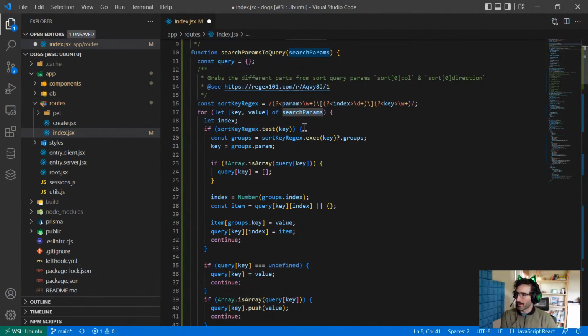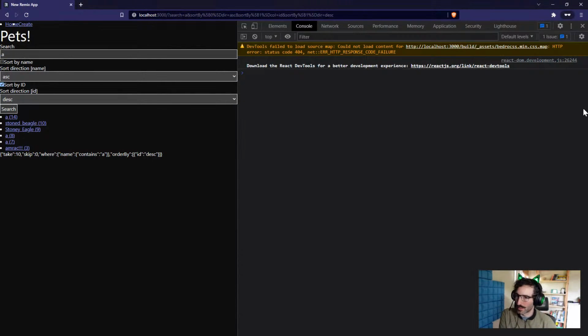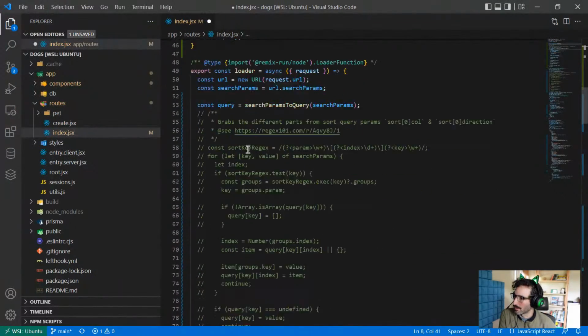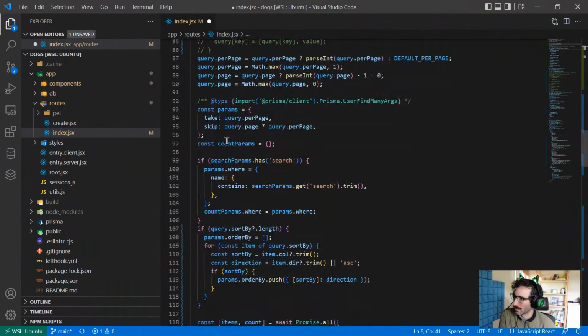What I need to do is also, I want to be careful. Essentially what I have right now is any user or client can now construct a database query with this URL. And I may not want them to be able to do that. Well, right now I just get the query back and then